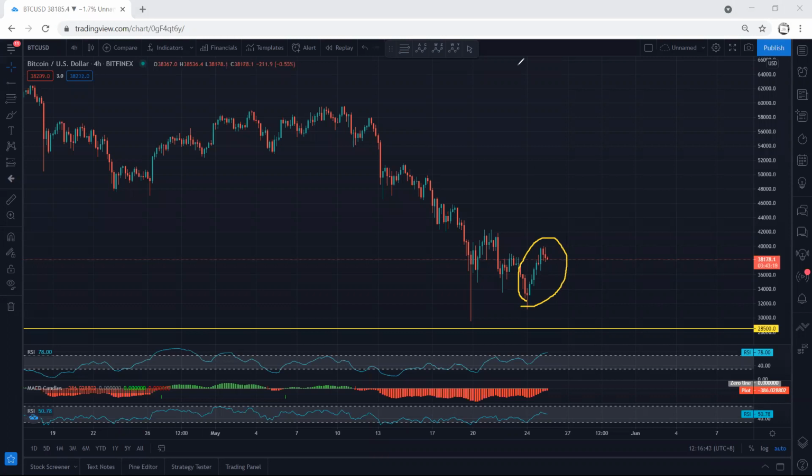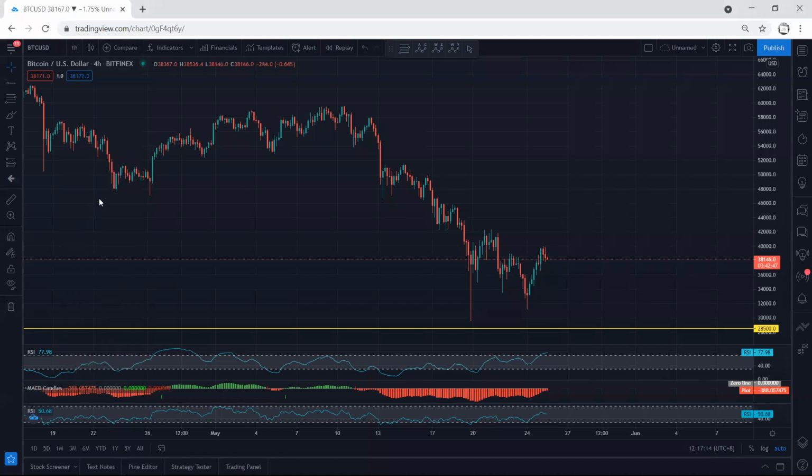Anyway, if we want to look for continuation, we need to get the correction here right now because the price is almost at the highest price, at the top of this correction, because right now we can look at this one as a flat. All right, but the only question is this one. This is what is the problem for us. If we didn't have this shadow, we could confirm this one as a flat, but since we have this shadow, we cannot confirm, and that's why if we want to look for continuation, we need to get the bigger correction.